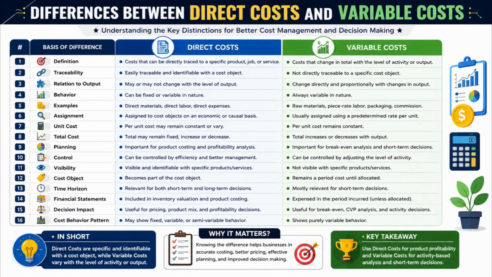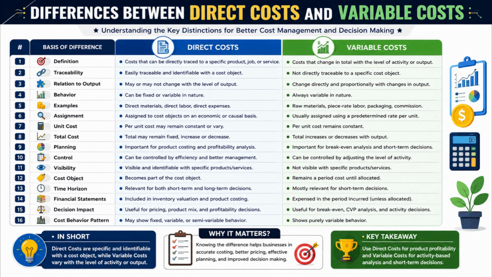Number 8. Direct costs are commonly used in job costing systems, whereas variable costs are commonly used in marginal costing systems. Number 9. Direct costs may include both fixed and variable elements, whereas variable costs only include expenses that vary